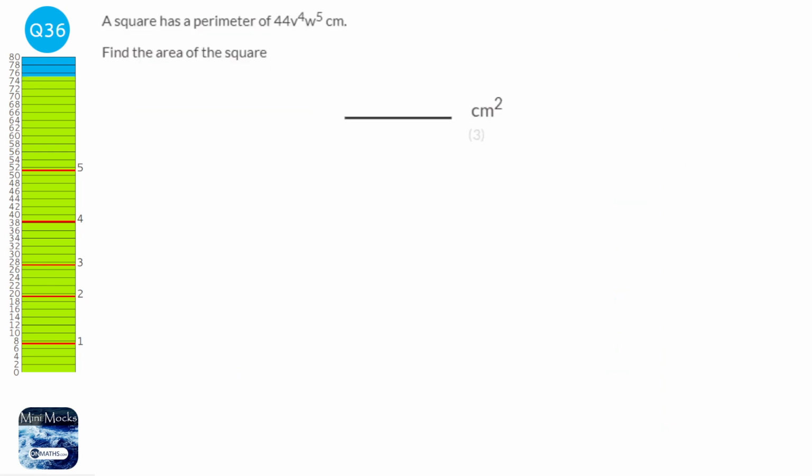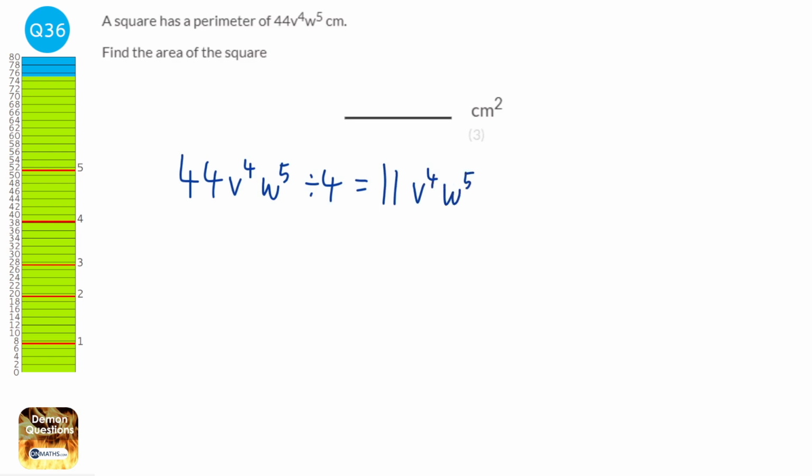So we need to first of all work out what the length of the side of the square is. And to do that, we get the 44v to the power 4 w to the power 5, and we just divide it by 4. All we need to do is divide the coefficient by 4. So it'd be 11v to the power 4 w to the power 5. Some people will try and do something with the v to the power 4 w to the power 5, but if you think about it, if I just draw out my square, if it's 11v to the power 4 w to the power 5 all the way around,